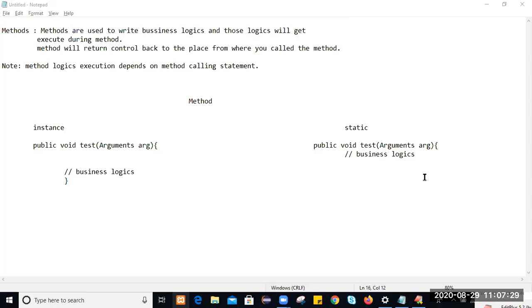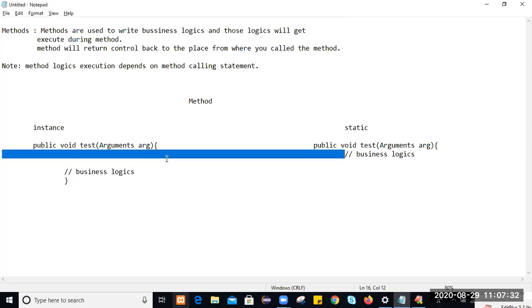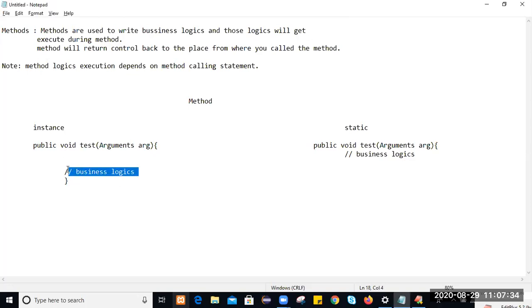I am writing in an editor like Notepad. So this is for instance method and this is for static method. This area is the static method area, and this area is called the instance method area.